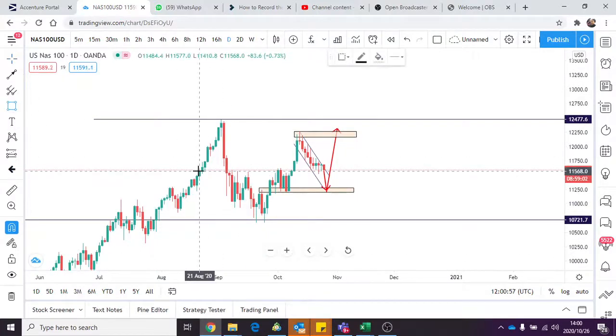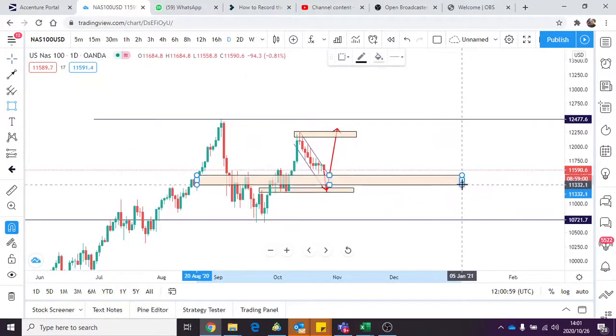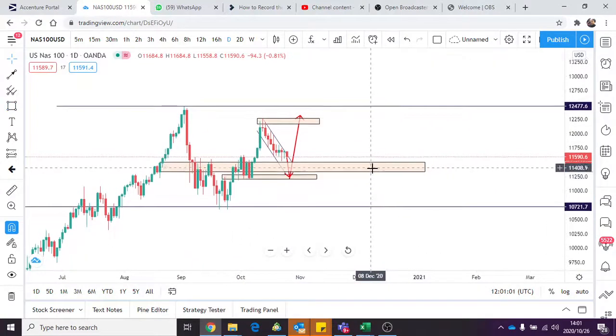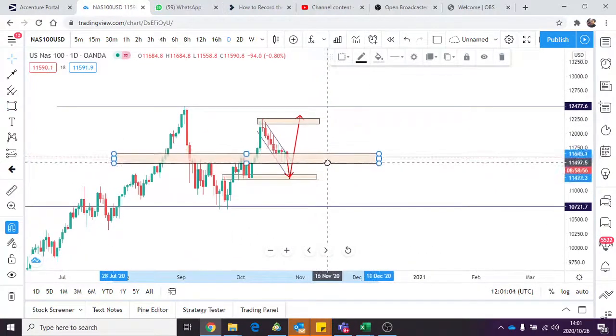confirmed zone here, right? For those of you that would like me to explain this particular zone,